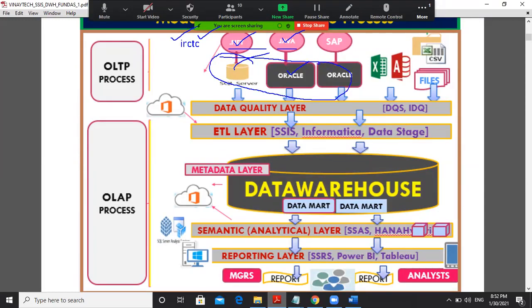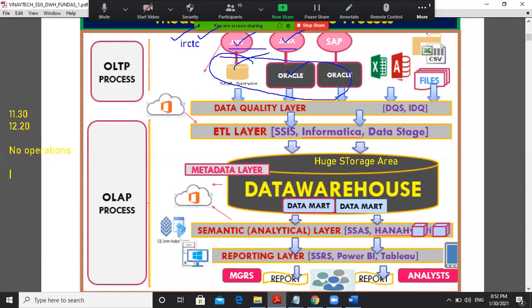But at the end of the day, IRCTC data will be loaded to one huge storage area. If you closely observe, from 11:30 at night to 12:20, there are no operations at IRCTC.